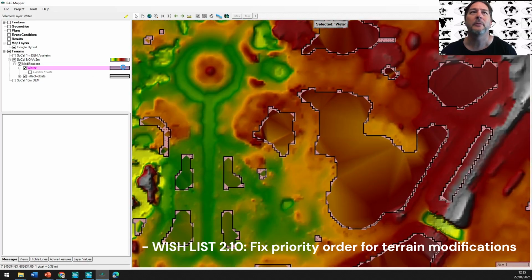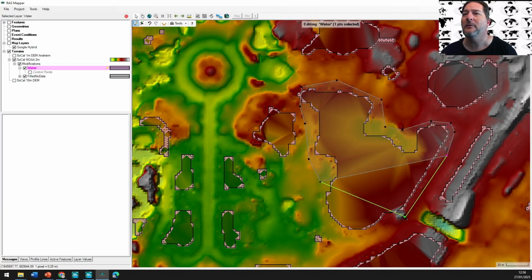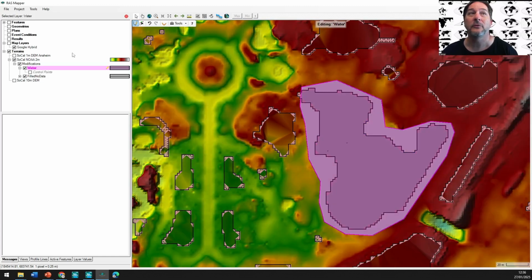Let me try putting Space Mountain in as another polygon in this one, and let's just see if I can put a building around this one. There was an option on one of the previous versions that actually got removed that allowed you, instead of just having these 5 options, there was an additional one that only adjusted where there were no data values. So in this case, let me put a constant elevation of 50 around this one, and we'll just replace the terrain value here with that one